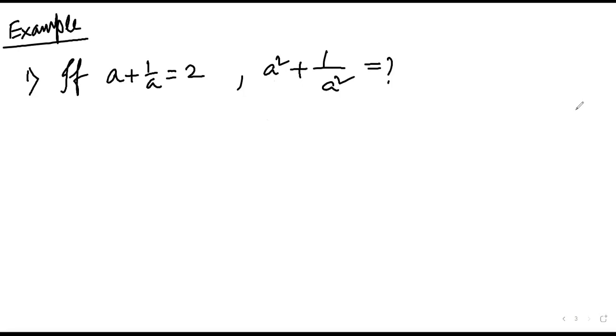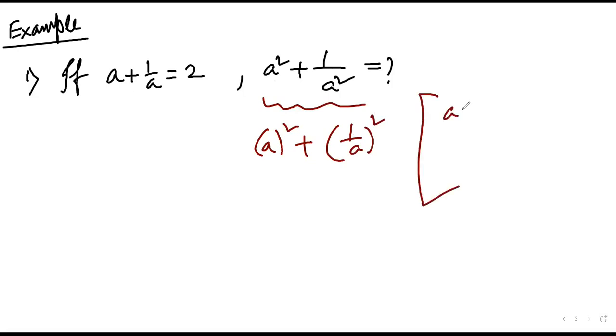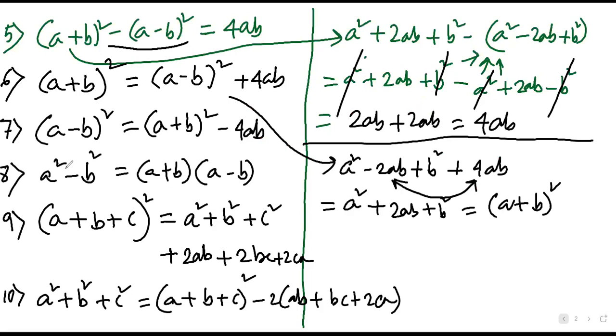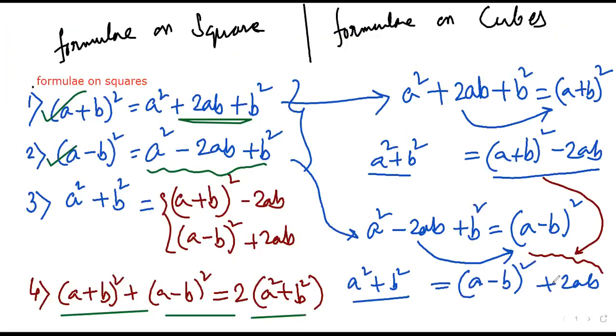the given expression is in the form of a square plus b square. Why? a whole square, 1 by a whole square. So compare with the formula a square plus b square, and just see what was the formula for a square plus b square. The formula was either a plus b whole square minus 2ab or a minus b whole square plus 2ab. Okay, so